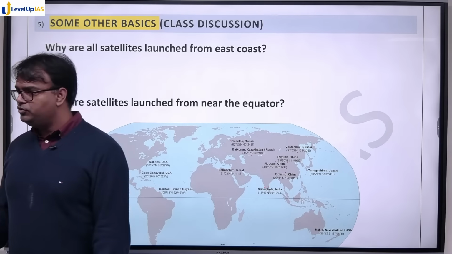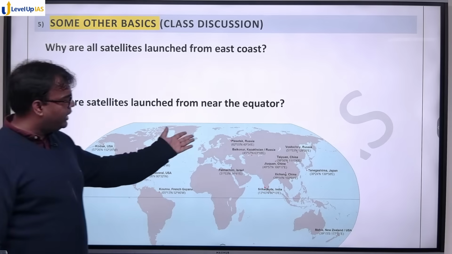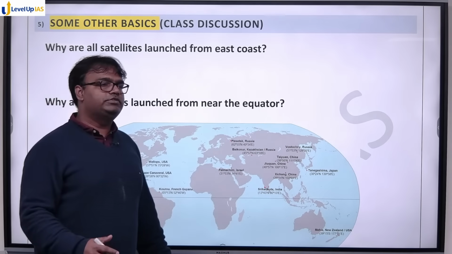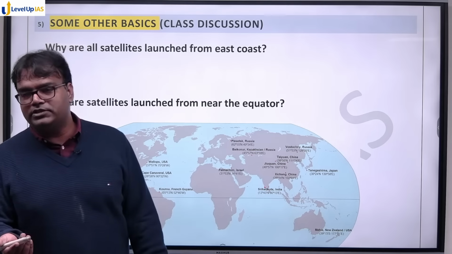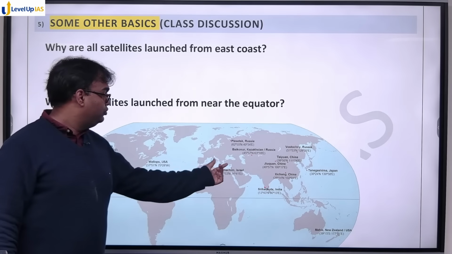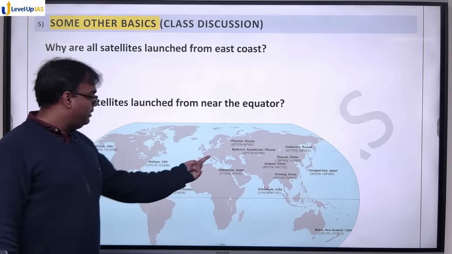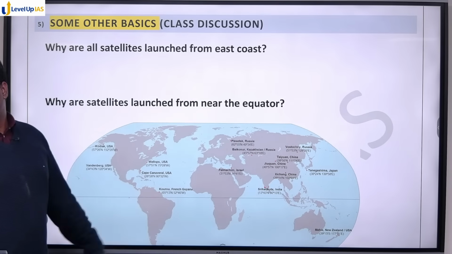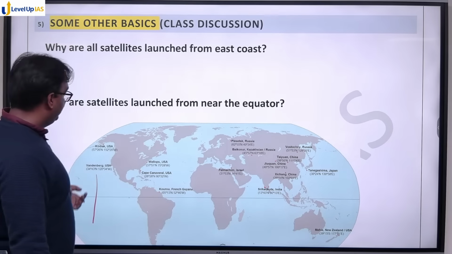So why from the east coast, this is also understood, but this is not for everyone. Like you will see, Russia has a number of satellite launch places, China has a number of satellite launch places which are at other places. उनको ये advantages नहीं मिल पा रहे, अब वो इक्वेटर के पास नहीं जा सकते. यूरोप के लिए बहुत डिफिकल्ट है इक्वेटर के पास जाना. But French Guiana, they had this place, French Guiana, they established their system there. Fine. Okay, now let's go to